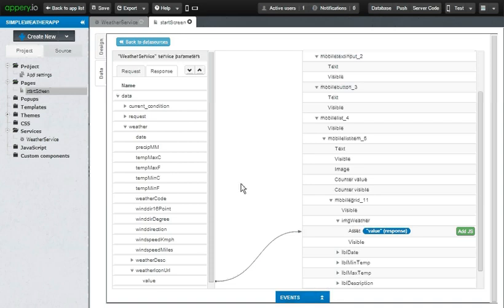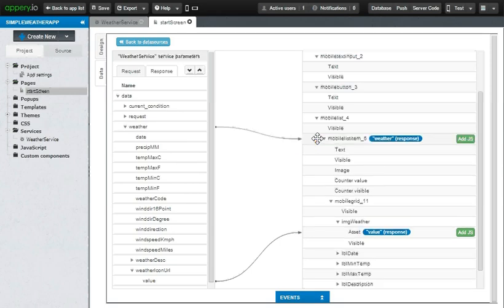But before we even move on to this, if you remember, the weather part of the response was really an array, and we need to map this array to the list item. So first, I'll go ahead and do that. This also is not very difficult to explain or imagine.